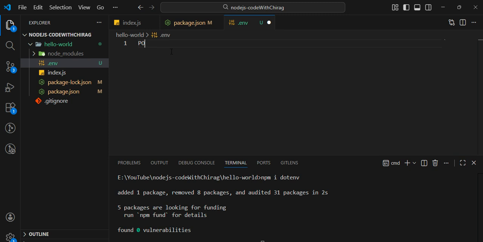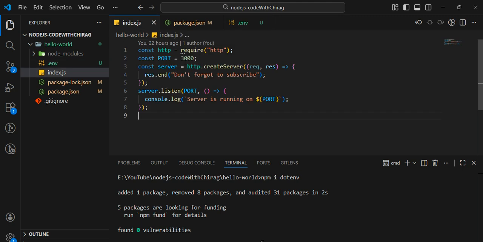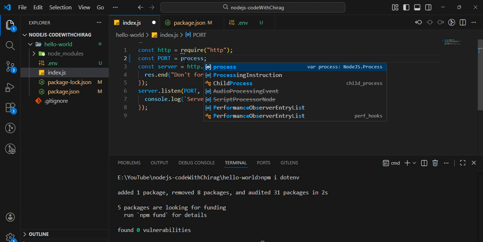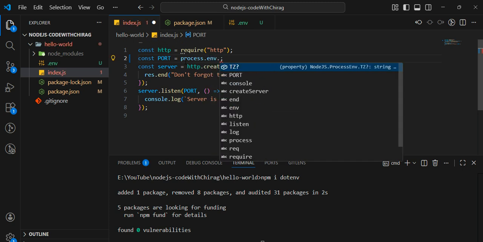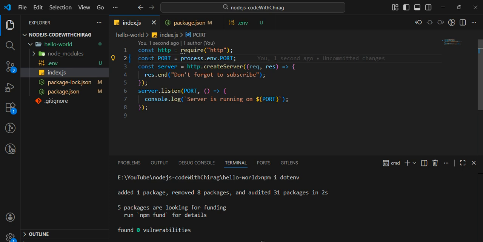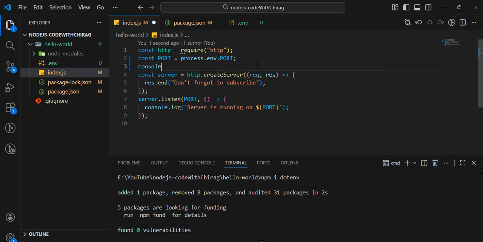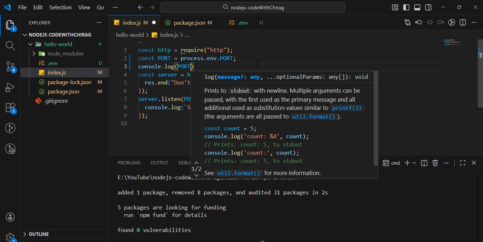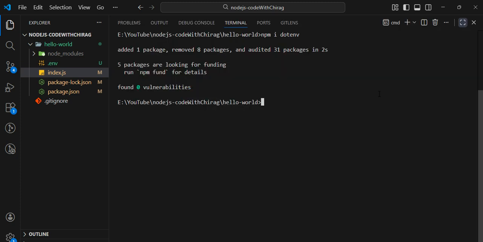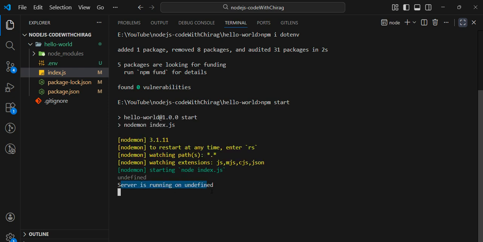Simply I am defining PORT equal to, suppose, 5000 here, instead of this 3000. The way to use the environment variable is process.env, and whatever variable we define, like PORT. But we are not importing anything, so we are not getting anything. Suppose I am printing this with console.log of the port. If I try to run this, I'm getting undefined. You can see the server is running on undefined, and here also I'm getting undefined